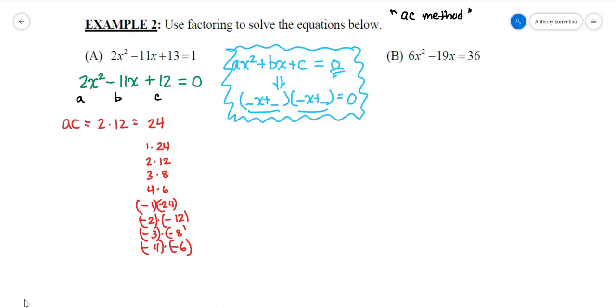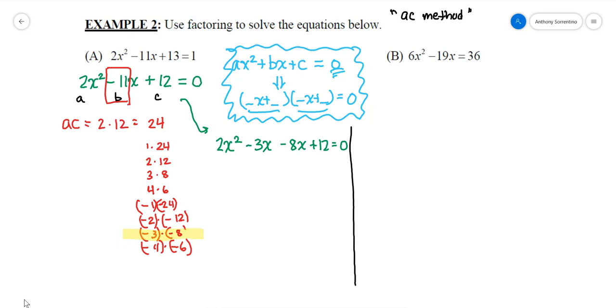I want the one that gives me the b term. Which one, when I add those two terms together, gives me a negative 11? Well, that would be the minus 3 and minus 8. A negative 3 plus a negative 8 would give me that negative 11, or minus 11 as the middle term. And so that allows me to now split the middle term into a minus 3x and a minus 8x. So I could rewrite this up here as,